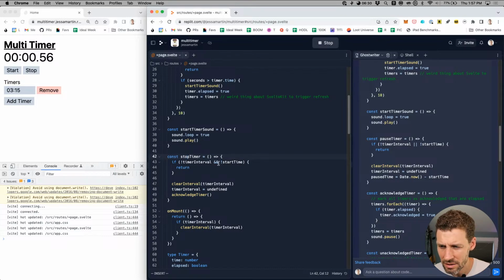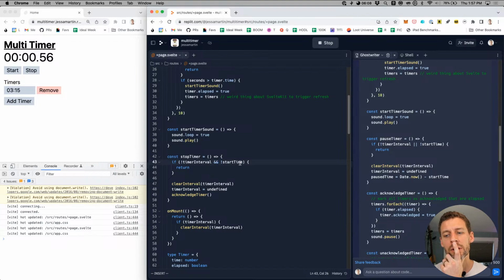If not the timer interval, okay, there's no timer interval, or there's no start time, then return. Because we're pausing, I guess? Why does it reverse that to make it an or?